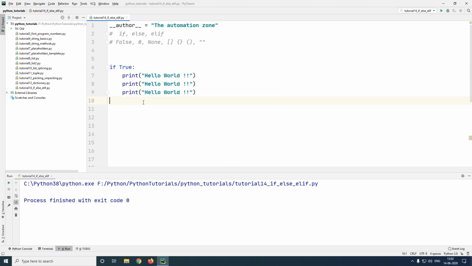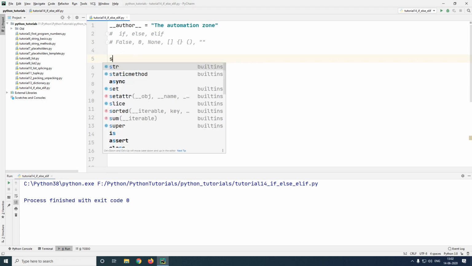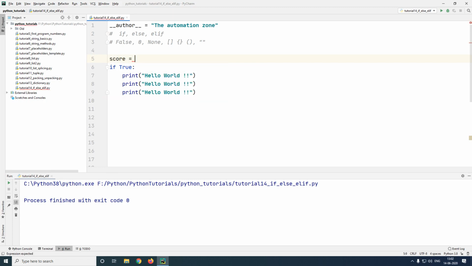Now that we have learned how to use the if condition by using a static value, we'll learn the exact same thing by using a logical operator. Now to explain this, let me first create a variable called score which holds a student's marks, set it to 10. Now I want to print pass only if the student has got 10 marks in his exam. Otherwise, I do not wish anything to be printed out.